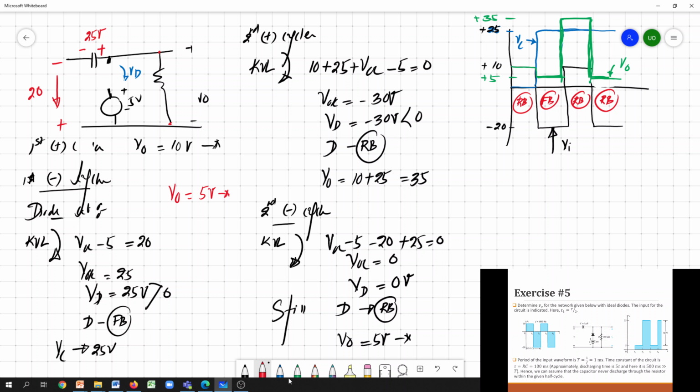So we can simply say that this is the output. If you consider the rest of the cycles, you can see that this pattern is repeating. So this is the output, and during this block, you can argue that